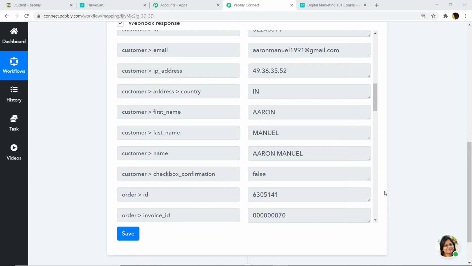Now we have to sync this data to assign a course to a student in New Zenler. Here we have two choices. The first choice is if the student already exists in New Zenler. The second one is if the student doesn't exist in New Zenler. Let me show you with a flow chart. You will understand it easily.